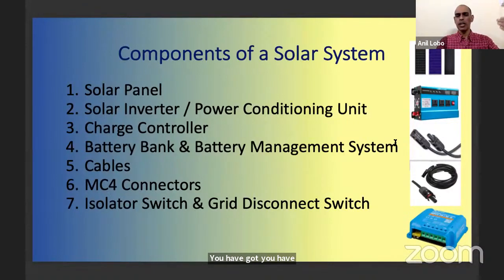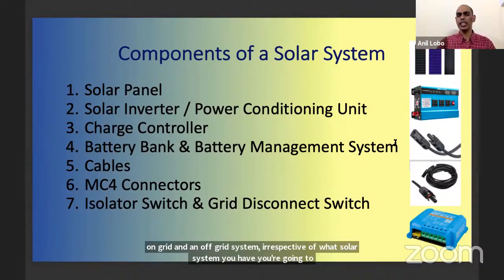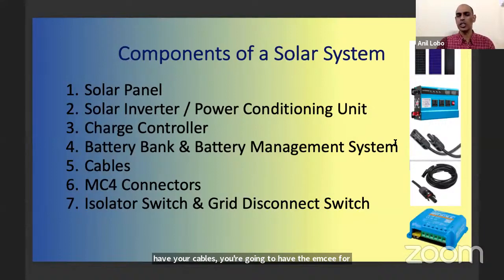the solar panel, solar inverter, the power conditioning unit, the charge controller, and the battery bank. The first four components are the ones that we're going to be talking about when we talk about on-grid and off-grid system. Irrespective of what solar system you have, you're going to have your cables, your MC4 connectors, your grid disconnect switch, and your isolator switches. So now let's look into